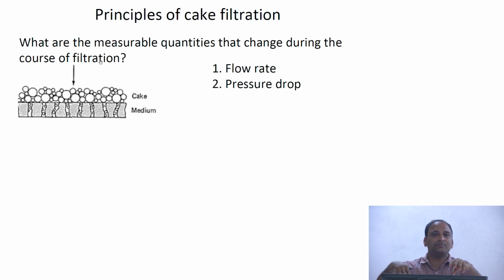I have a filter medium, upstream and downstream. I can collect the rate at which the filtrate is coming out, and I can monitor that as a function of time. That's one quantity that I can measure. The other quantity is the pressure drop that I have applied, or if there's any change during the process, I can also measure the pressure drop across the bed. So therefore,